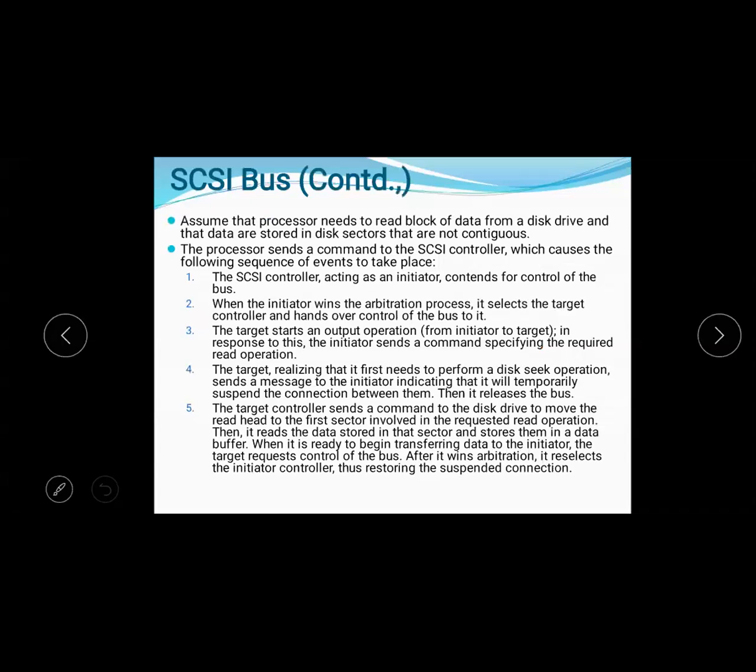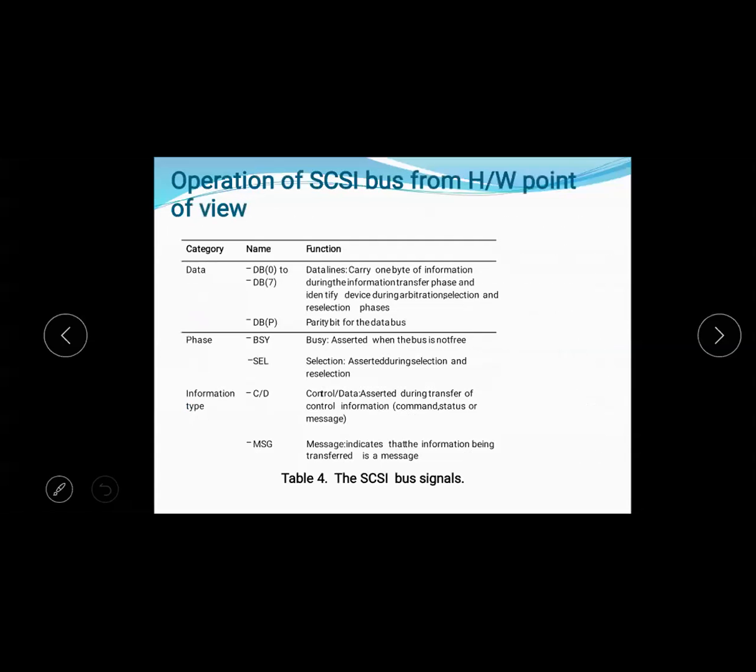Operation of the SCSI bus from the hardware point of view. The signals are data lines and parity, busy and selection, and information type control signals: message, command, data. Message indicates that the information being transferred is a message.